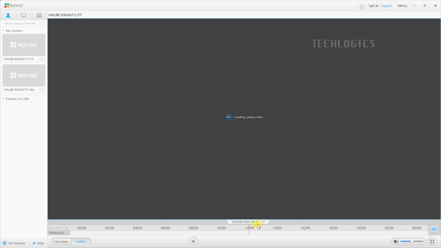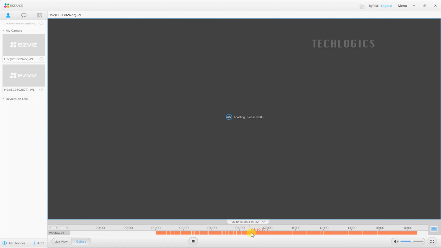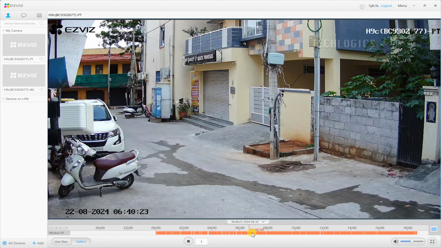On the timeline, you can press, hold, and drag the timeline bar left or right to adjust the hours and watch the footage at your desired time. The timeline in EZVIZ Studio spans a full 24-hour period for the selected day, providing a comprehensive view of recorded